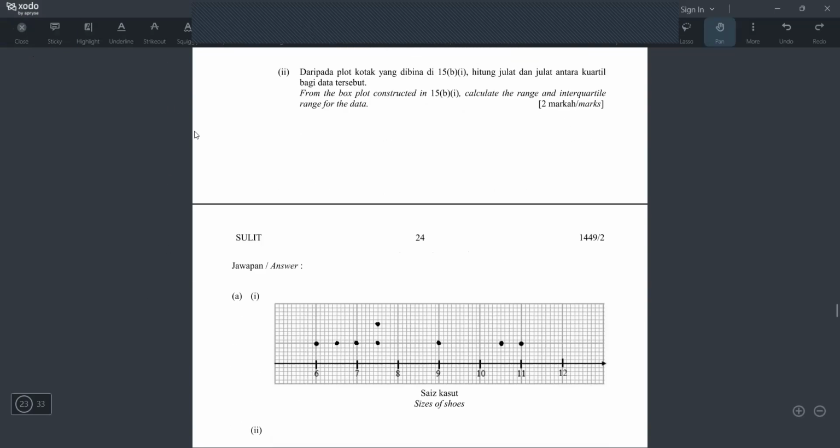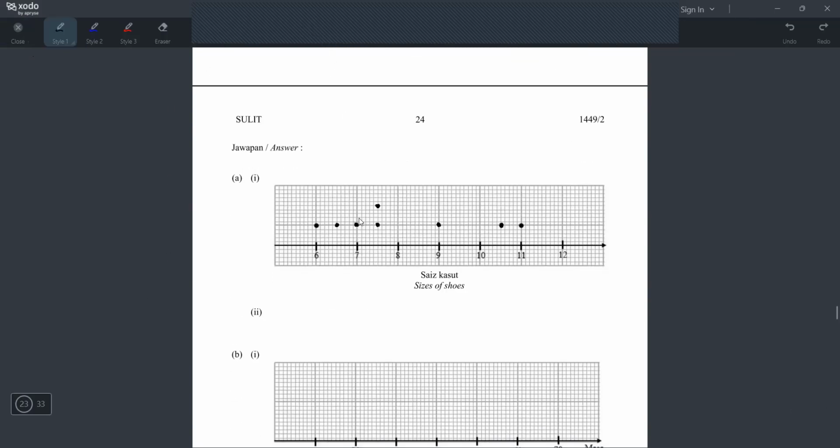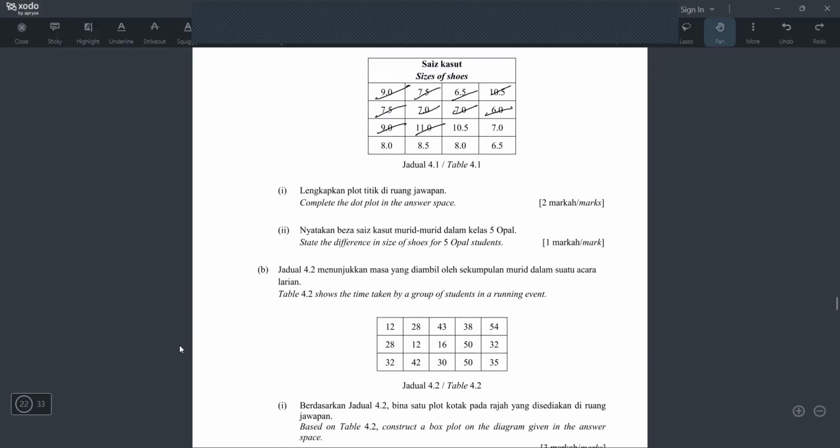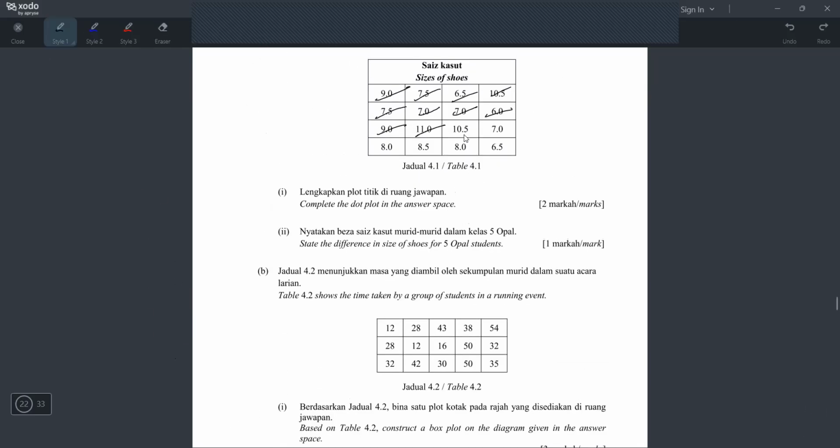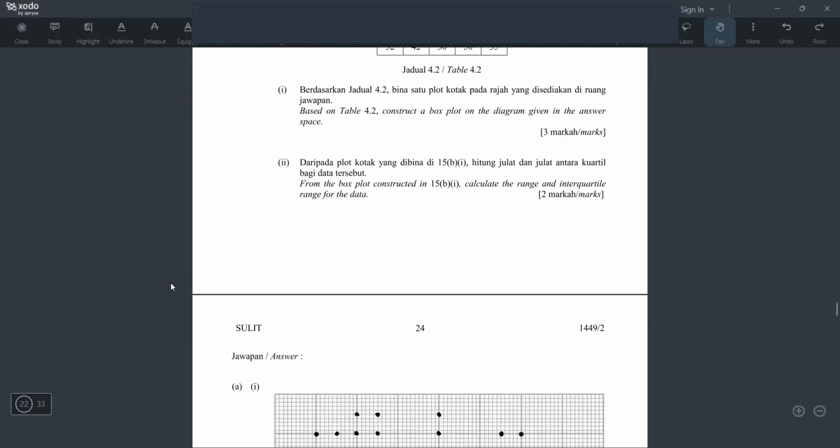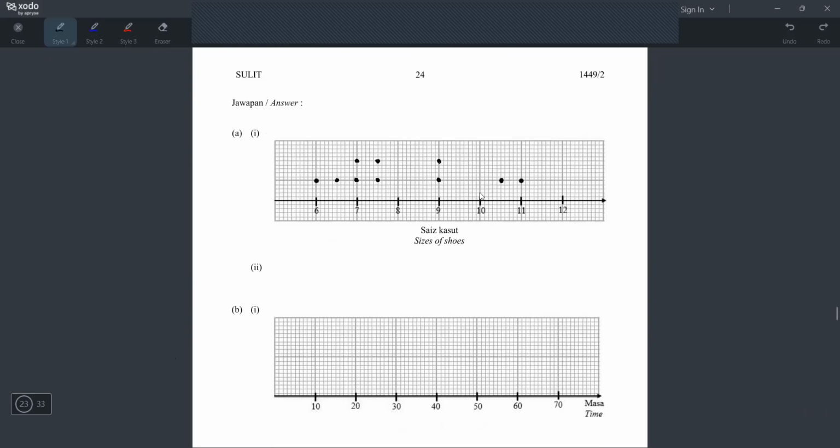So 7, 9. Okay, let's go. 7 is here. Okay, naik sikit. Then put lagi satu dot. And then 9. Okay, 9 pun sudah ada dot. Then naik sikit. And then put lagi satu dot. Okay, so it means kalau ada satu dot, you naik and then put again lah. Okay, 11 sudah plot. So 10.5, 7. Let's go, 10.5. 10.5 is 10 and 11 middle. Okay, tapi sudah ada dot macam mana? Okay, naik sikit lagi. And then baru letak 10.5. And then 7. 7, okay, naik lagi lah. 1, 2, 3, 4, 5.